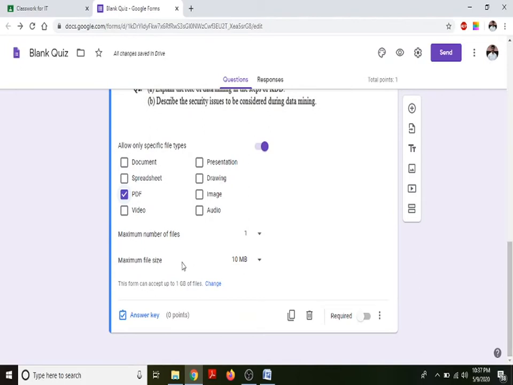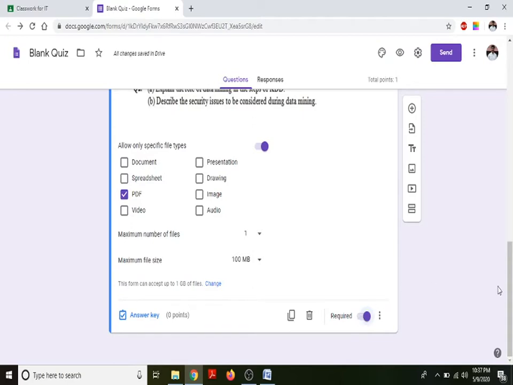Then the maximum number of files you can select is 1. Maximum file size, right? You can take it up to 10 MB, but my suggestion would be 100 MB, because some of the files may be more than 10 MB. So do it like that. Don't worry about it. And make it a required field, that is necessary, right? So it will be done.